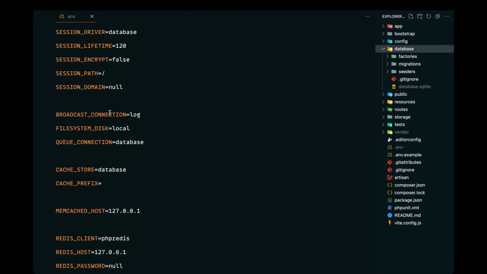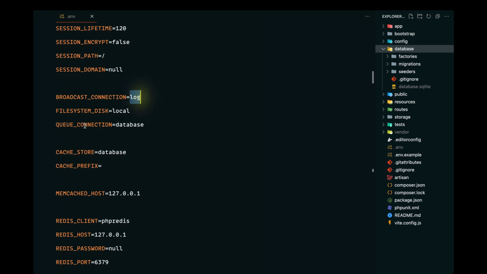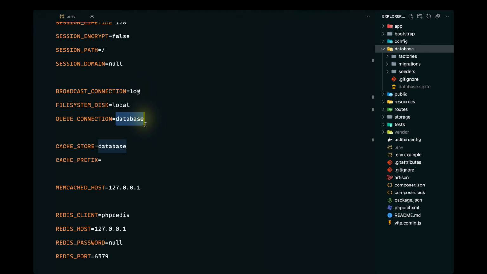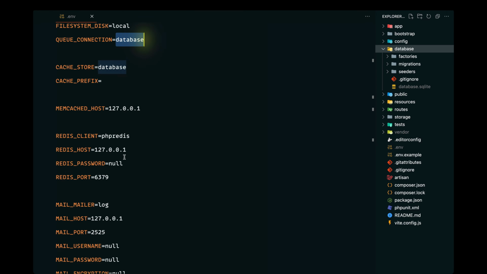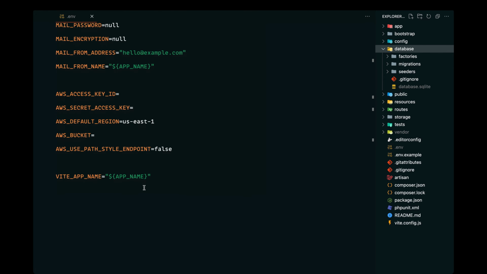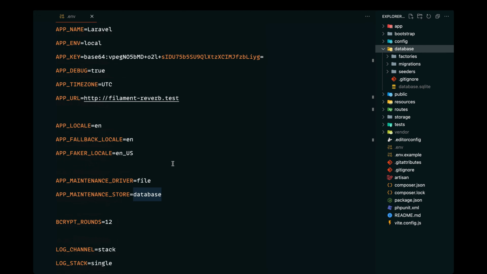So if we look into the broadcast connection, as you can see, initially the value of log is set in here, and the queue connection is set to database. So yeah, all the queue related stuff will be stored in the database and then processed from there. And we will further look into this later, and everything else doesn't really matter. So yeah, we have finally installed Laravel,